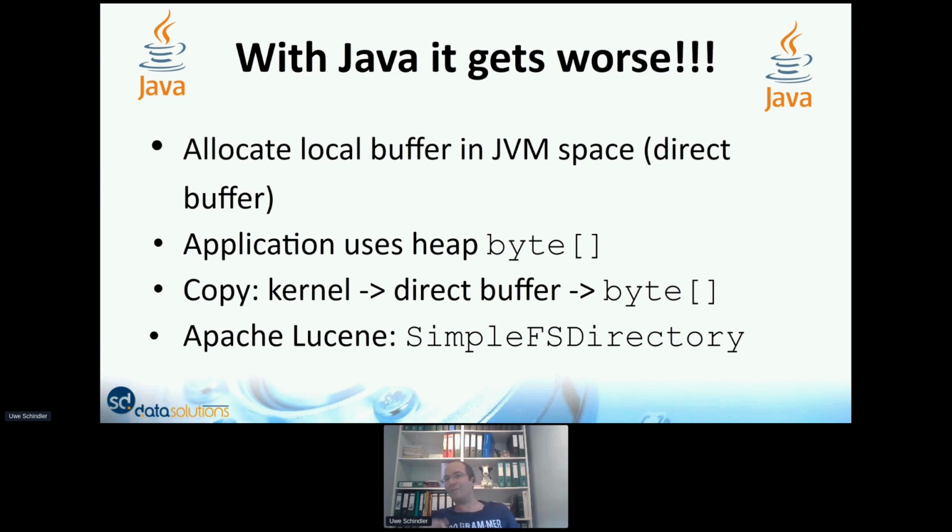So there's one more copy operation included. You copy the data from the file system buffer in the kernel to something called a direct buffer, which is allocated by the JVM, and then the direct buffer is copied over to the byte array that you're using in your program, like in Lucene. In Apache Lucene, this is implemented by the SimpleFSDirectory, which also uses seek-based access.